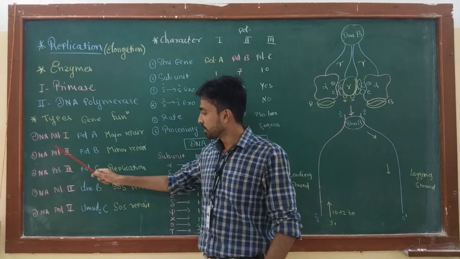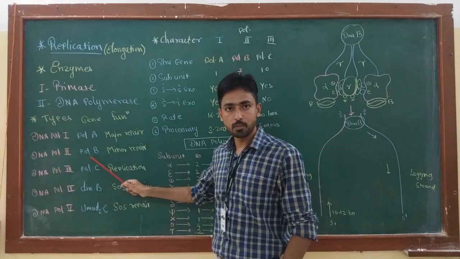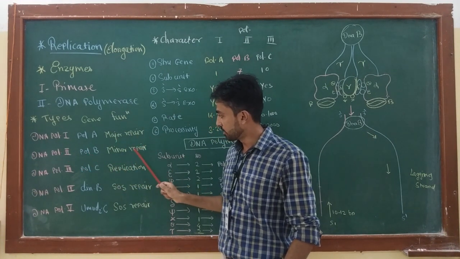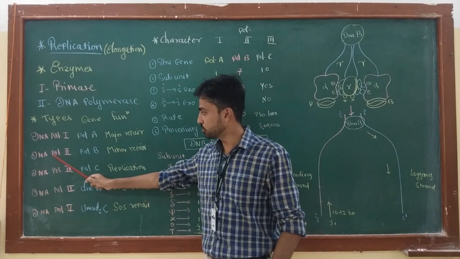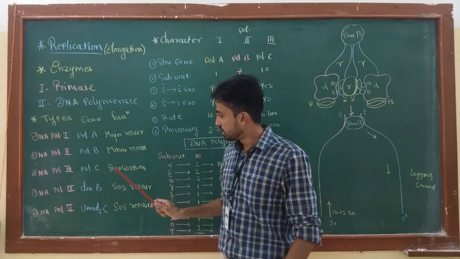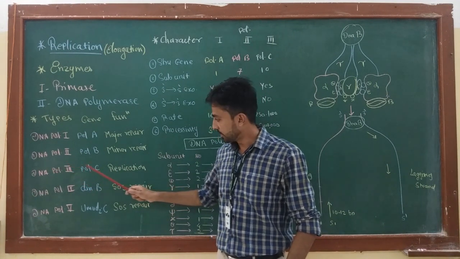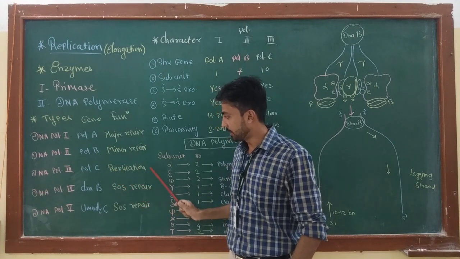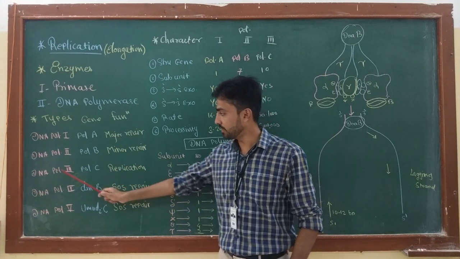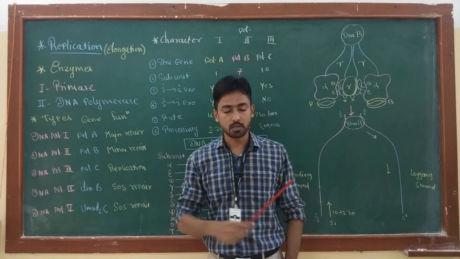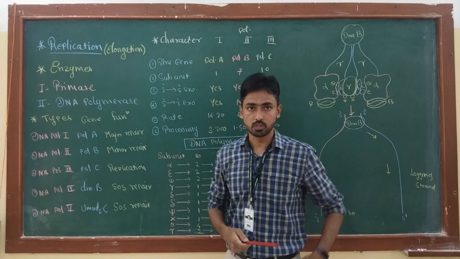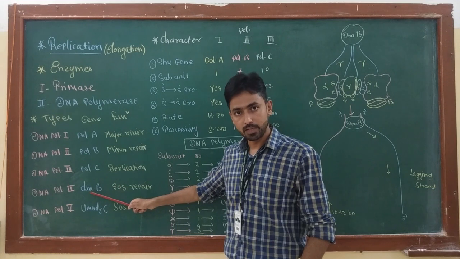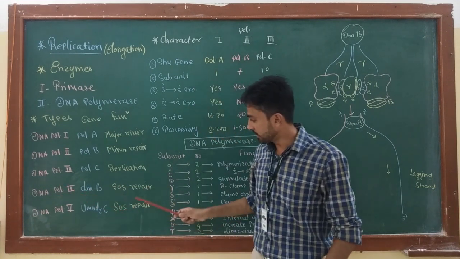DNA polymerase 2 enzyme is produced by the gene PolB, or polymerase B, and this enzyme also plays a role in repair at minor levels. That means DNA polymerase 2 is a minor repair enzyme. DNA polymerase 3 in E. coli is produced by the PolC gene, and this is the enzyme which takes part in the elongation phase of replication. This is the main enzyme, DNA polymerase 3, which takes part in the elongation phase of the replication. Then DNA polymerase 4 is produced by the gene DinB, and this polymerase 4 functions in SOS repair.